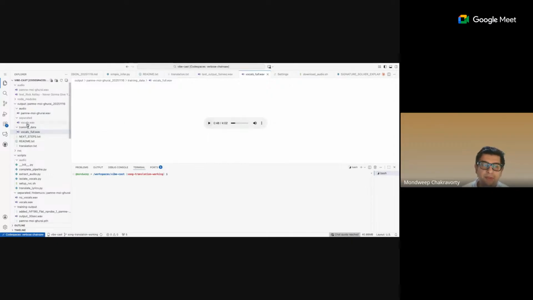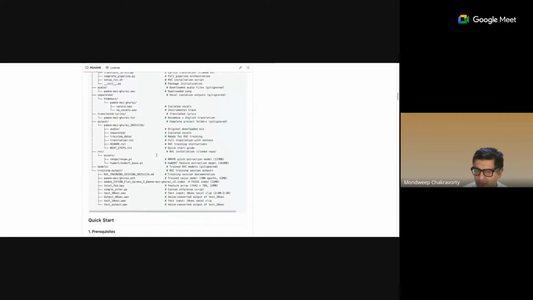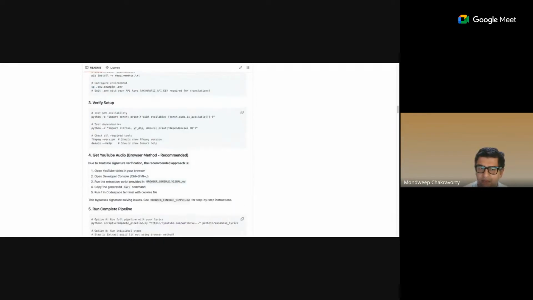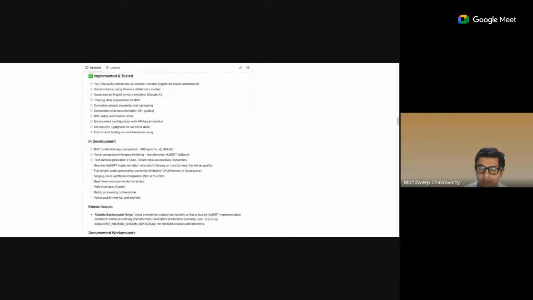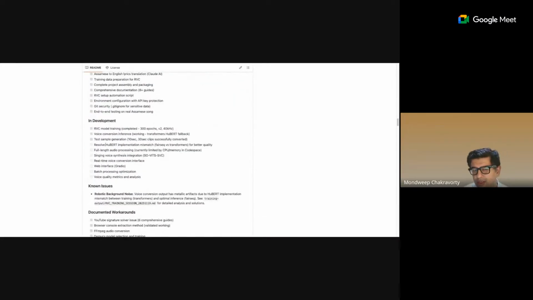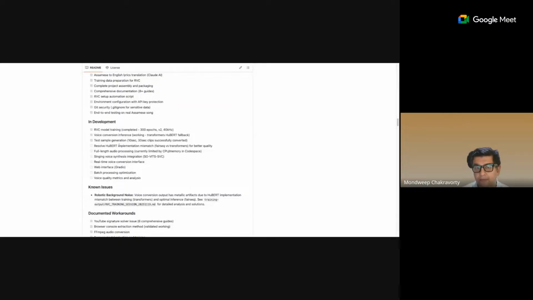I'm not going to play the other one, which is basically the non-vocal, the music only. Then I took this one and I used something called RVC, right? Which is retrieval, I forget the full term, but if I go to my README file, that information is in there. A retrieval vector, I think, is a training mechanism to get a model. It used something called a Hubert implementation, which is a transformer implementation.